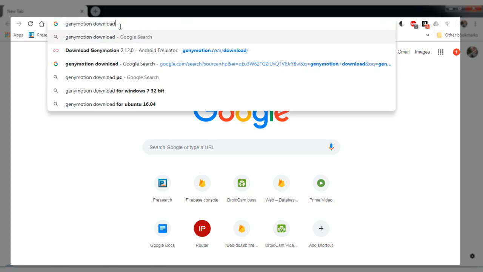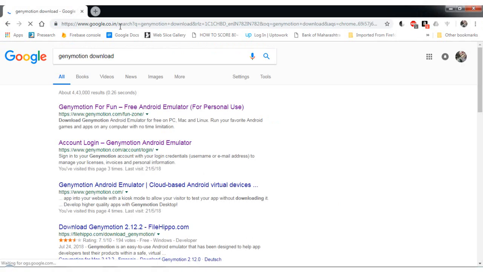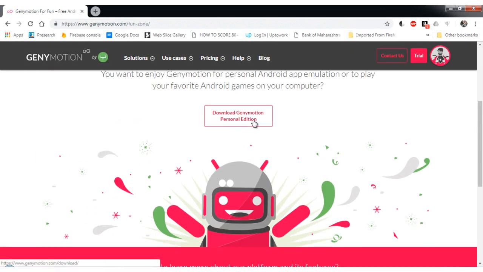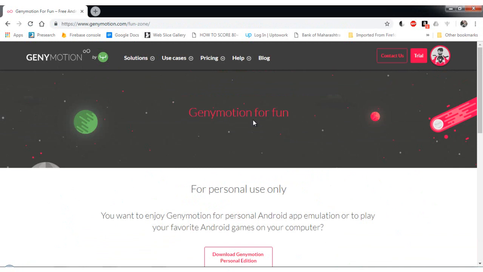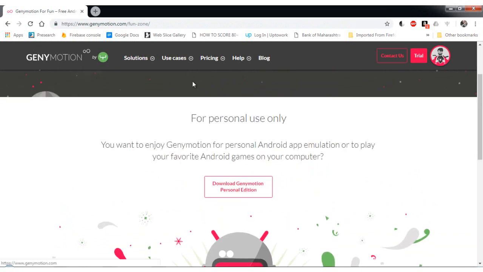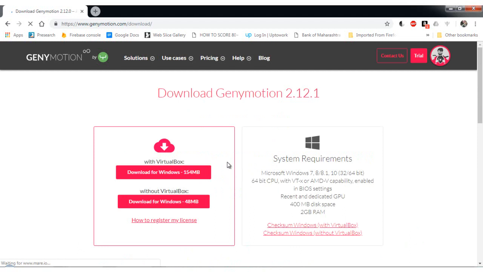So just go to your browser and search for the Genymotion download. It will take you to the official website of Genymotion. Here you will find Genymotion for the personal edition. The personal edition is actually free for anyone to learn what exactly this virtual device is and what we can do with it. You just need to log in with your credentials to Genymotion and get it downloaded